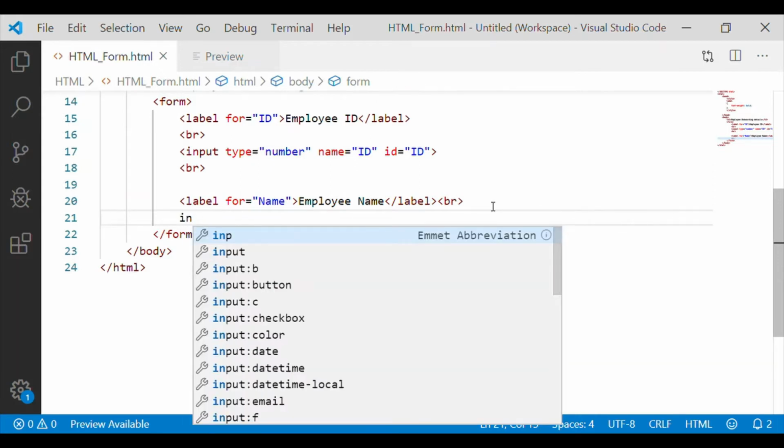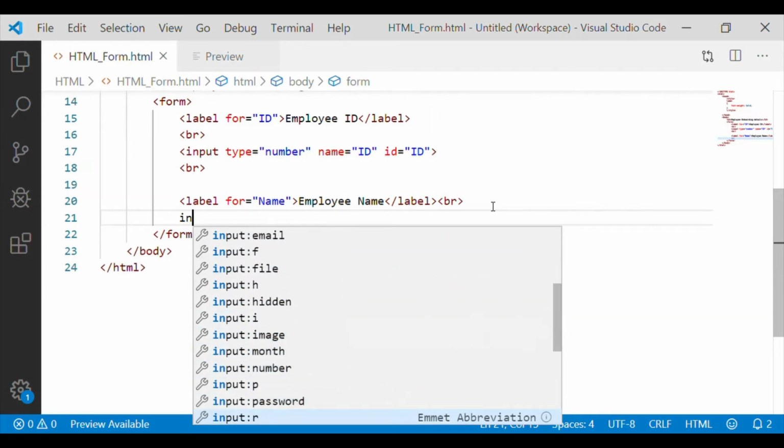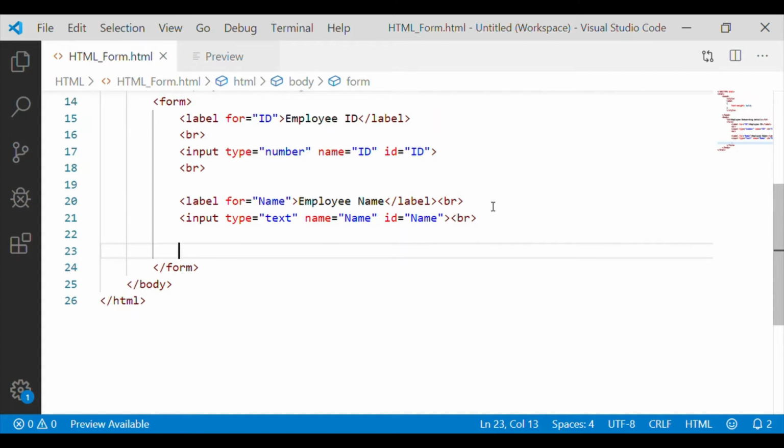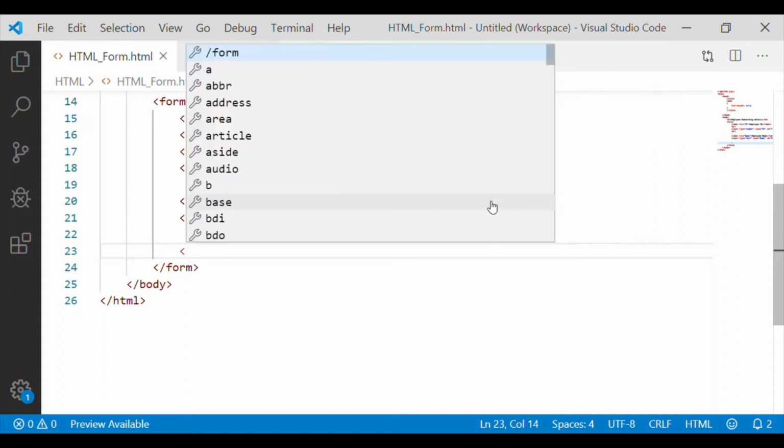At the previous input, we were getting employee ID, so input type was number. Now this is employee name, so here input type we will take as text, and let us associate name and ID for the label. I am giving BR at each statement so that it will give the line break.